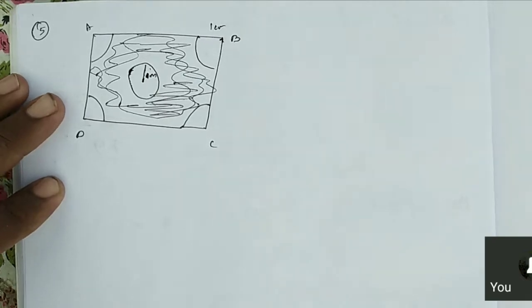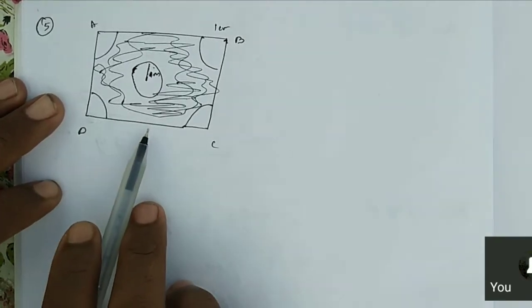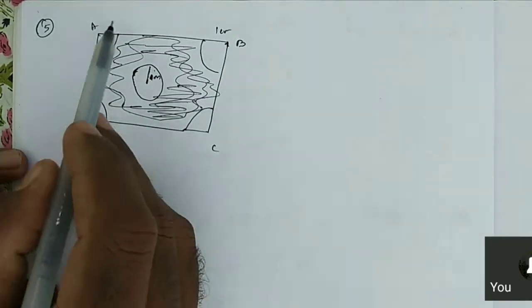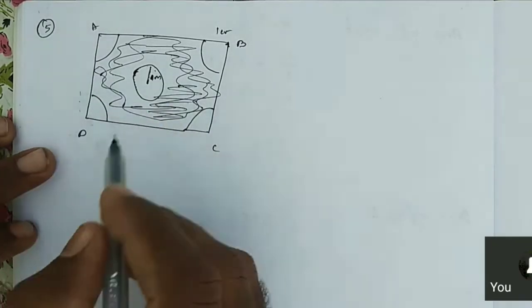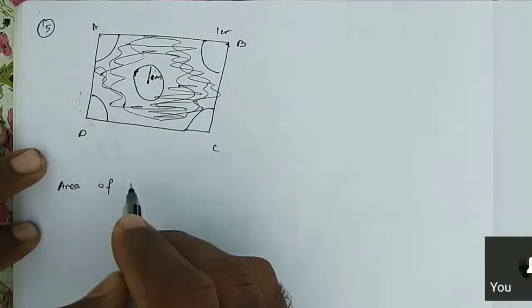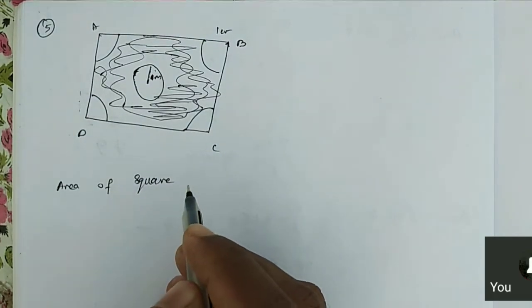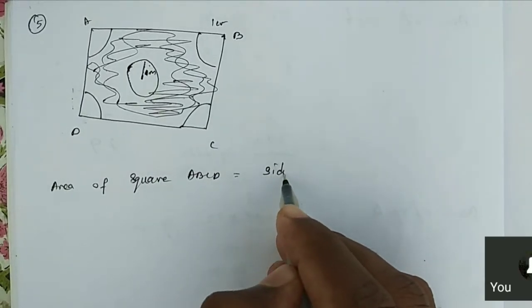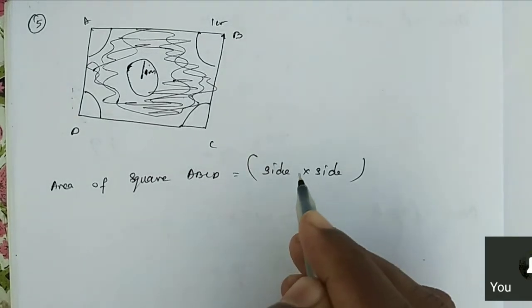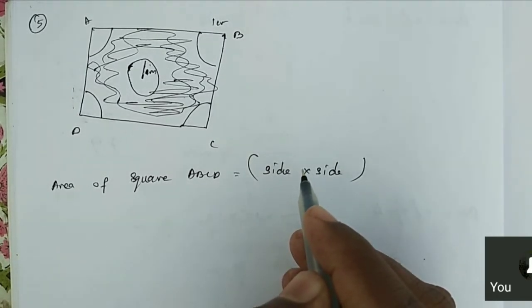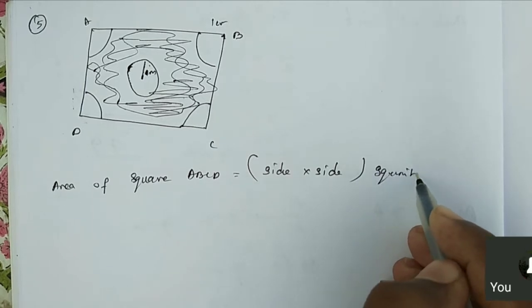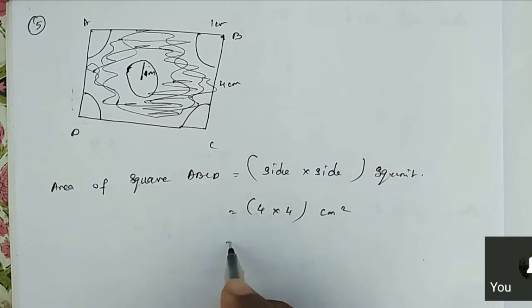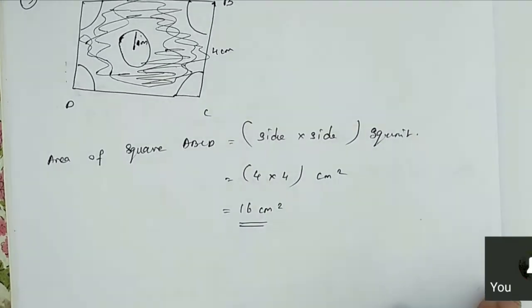Now you can tell me how we will find the shaded region area. Do you have any other idea to find the region? First, the whole part. Area of a square. What is the area of the square here? A, B, C, D. That is side into side. What is the side measure they gave here? Square units. So the side here is 4 centimeter. So 4 into 4 centimeter squared, 16 centimeter squared, right?